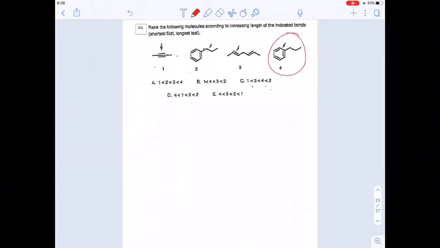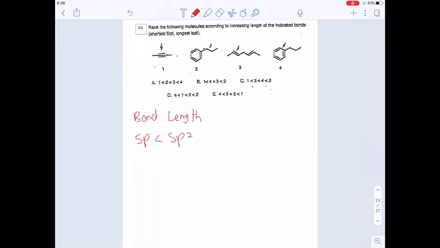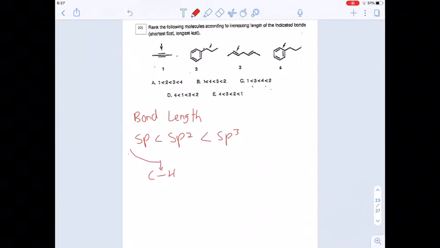Okay, so number 20 asks us to rank the following molecules according to increasing length of the indicated bonds. Shortest first, longest last. So the only interesting thing about this one compared to other bond length questions that we've asked is that now we have benzene as one of the bonds that we're comparing. So in general, when you're thinking of bond length, the trend is as follows. So sp are going to have the smallest bond lengths, then sp2, then sp3 are going to have the largest